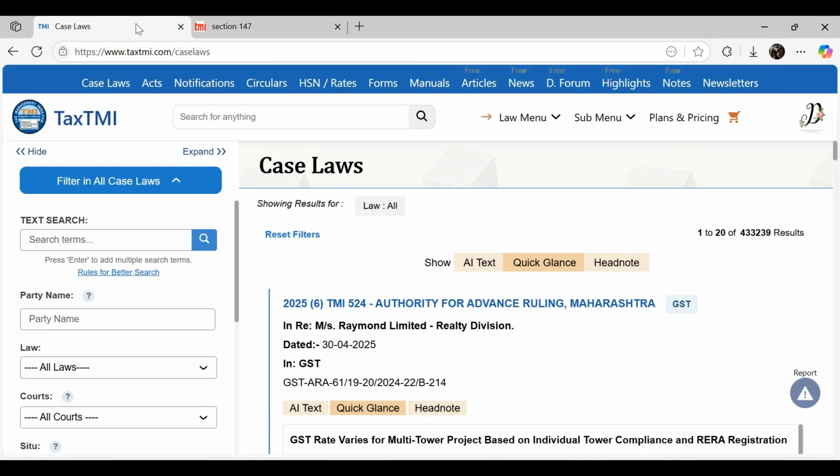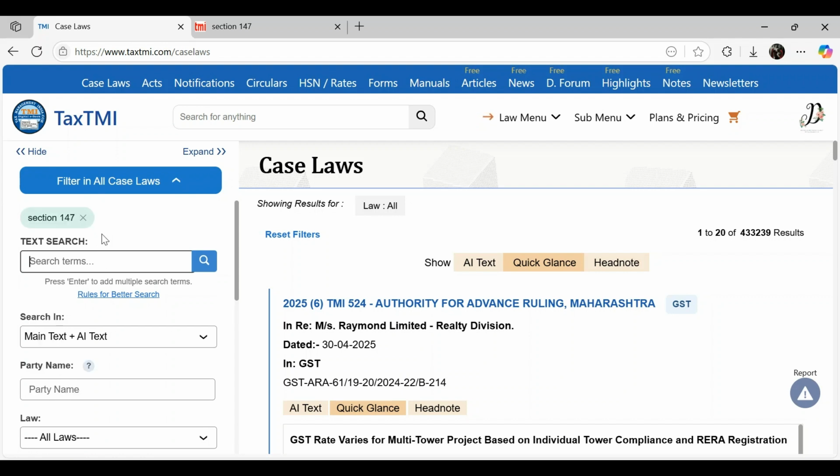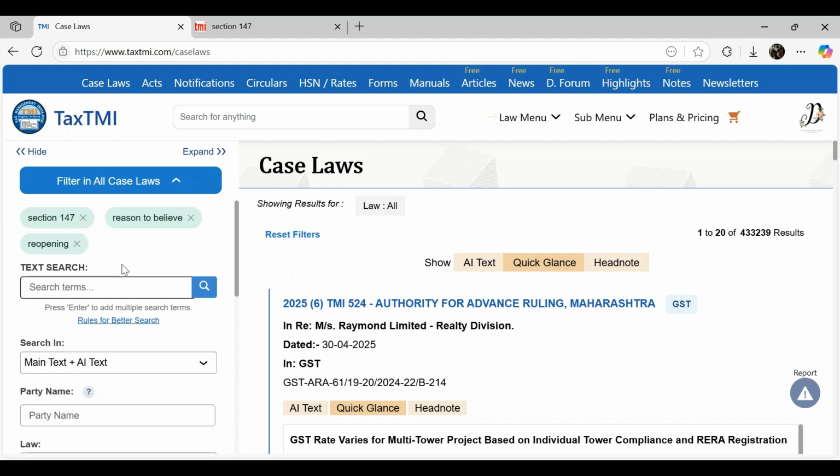However, this is a main difference, or an add-on feature which we are giving in Tax TMI: if I search for section 147 and press enter, it adds to the list of keywords shown here above the text search. Suppose we took section 147 as term one, reason to believe as second term, reopening as third term.